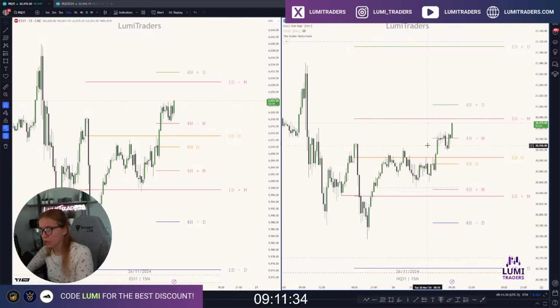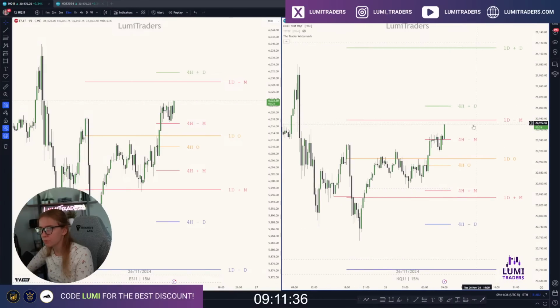After this, if I want to trade daily levels on stat map, I would like to see formation of a 15-minute inversion fair value gap. As you can see on both ES and NQ, we ran these liquidity levels, basically the previous day low level, and it formed a 15-minute inversion right here and right here. So if it wants to continue going up, at least I would like to see on both ES and NQ the daily manipulation level. This is going to be the first target. Honestly, yeah, expect to see this as a target.